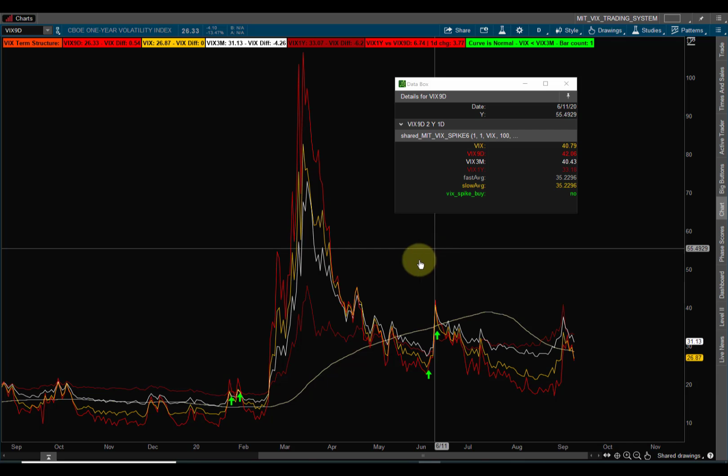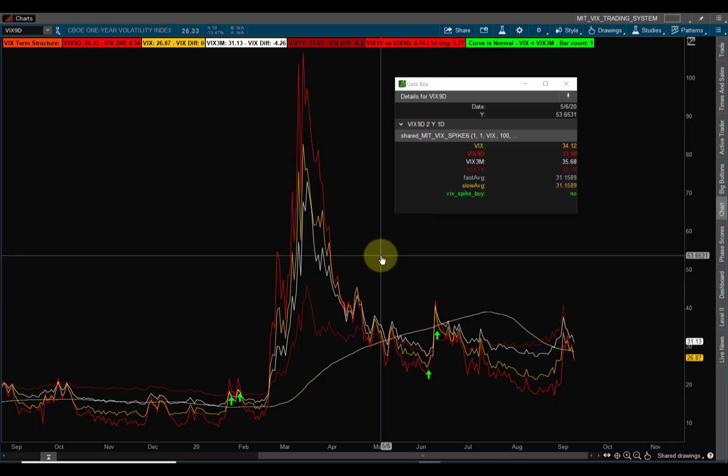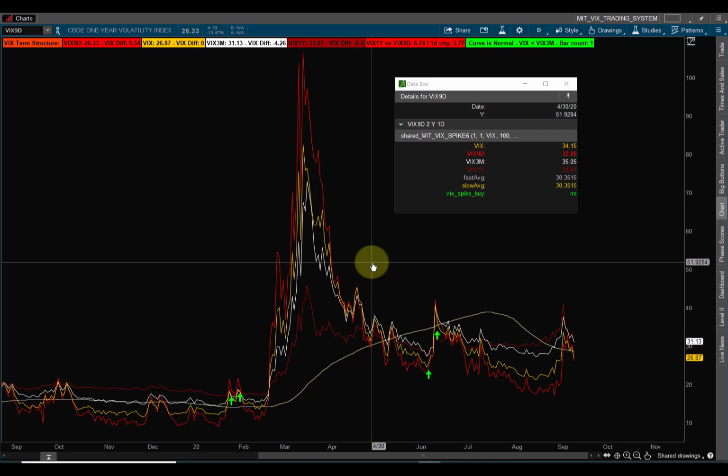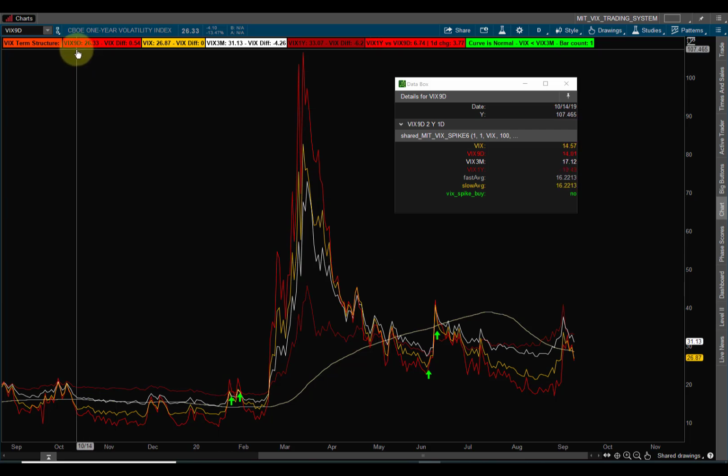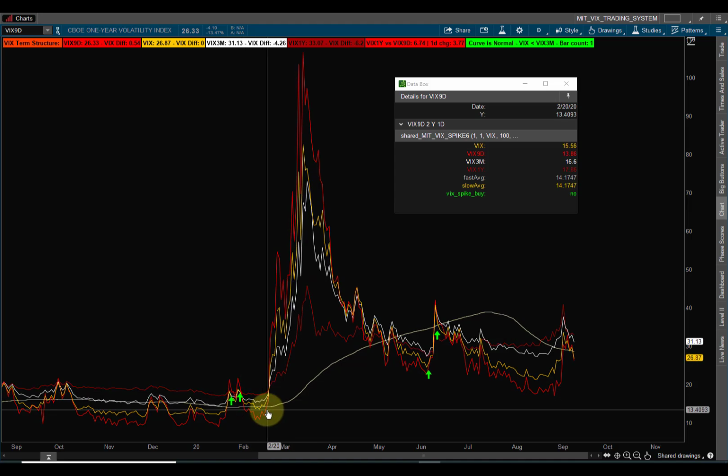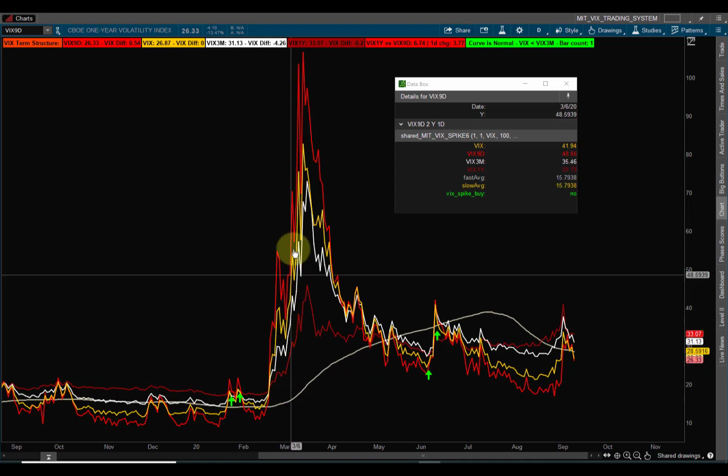In front of you, this is the Vix tool. You can learn more about it on the website. We use this all the time. For those who are not familiar with this, there are 4 different lines. We have the 9-day Vix, we have a 30-day Vix, 90-day Vix, annual Vix. That's what it's showing. If we go back here during like the initial stages of the pandemic, as they shot